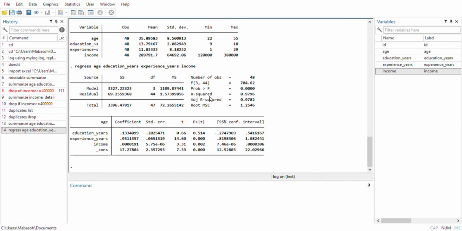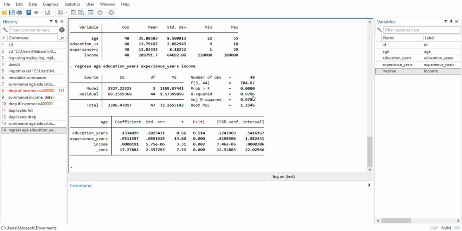It means that our model is significant. Looking at our R square, which is 0.9796, it basically means that 97.96%